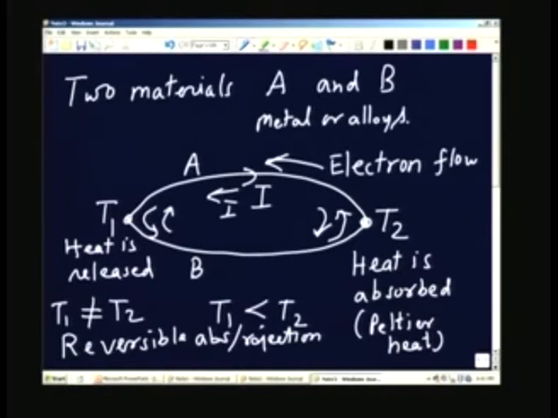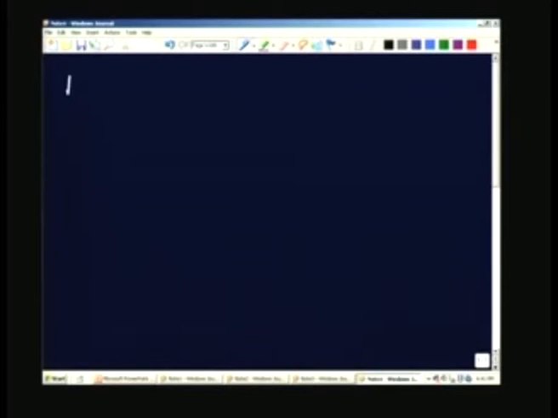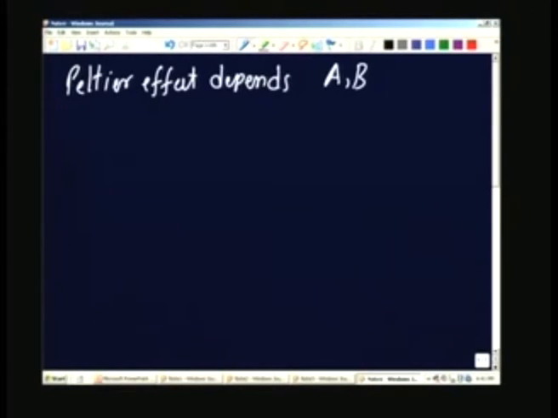So, the Peltier effect, or the Peltier heat, depends on the two materials A and B, and it is found that the rate at which heat is absorbed or released is proportional to the current and proportional to a coefficient called the Peltier coefficient or Peltier EMF. So, the power absorbed or rejected,